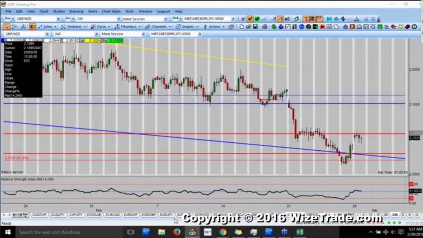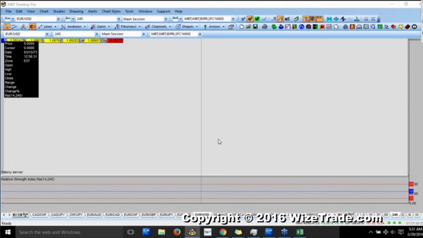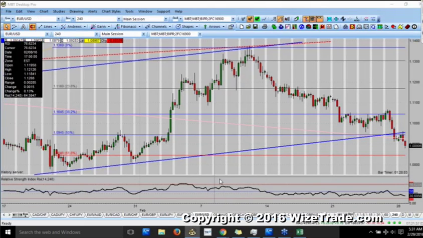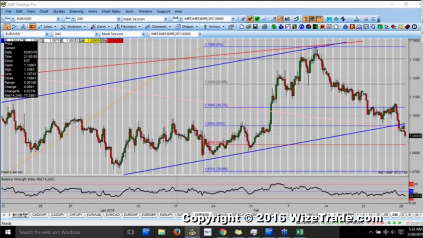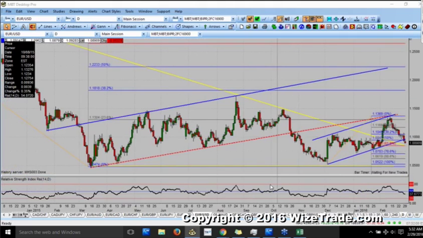We'll go to the euro dollar. There's been a lot of you that have just joined us over the last 30 minutes or so. I was looking at the euro dollar a little earlier, and obviously, I want to take a step back for a moment. Let me get rid of this really quick. I'm gonna remove that. Okay, so the euro dollar is coming down to a place that I think is extremely